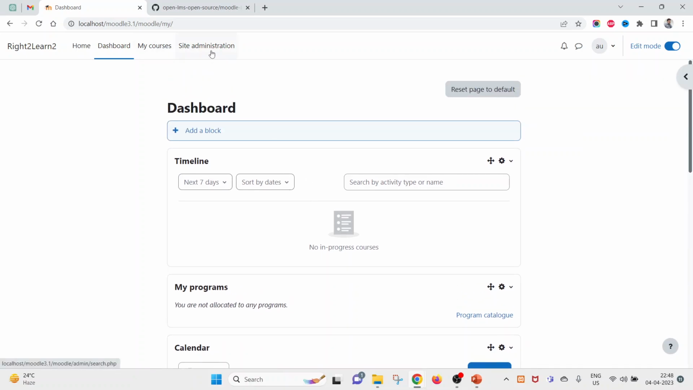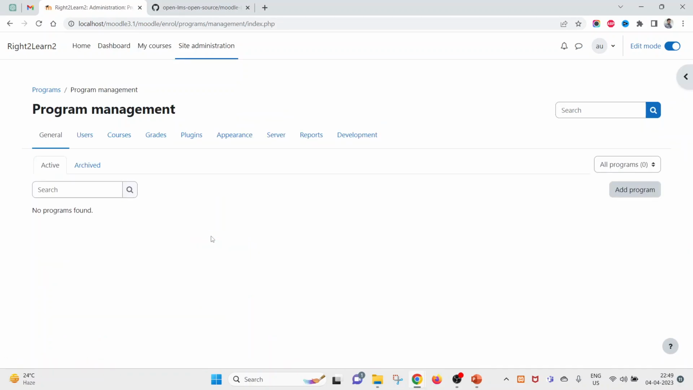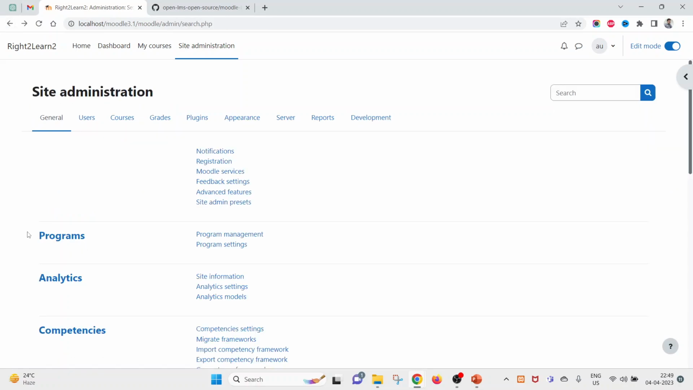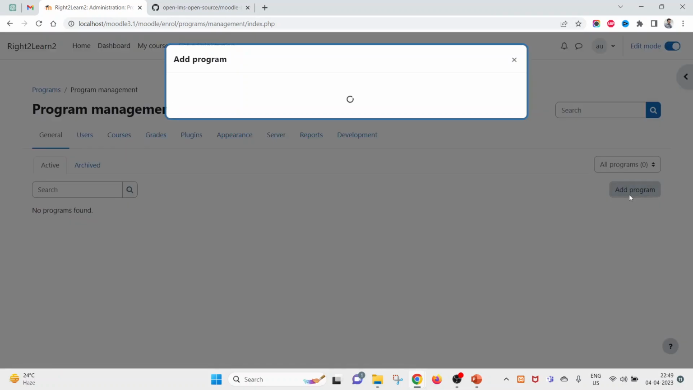So let me first create a program. To create a program, you have to come under site administration. Then you see this new block here. Click on this program management. Before installing this block, you will not see anything saying programs, but after installing that plugin, you will find here under general, programs, then program management. For now there is no program, so click on add program,